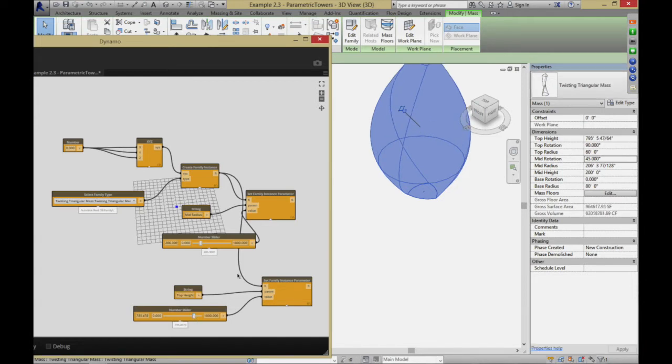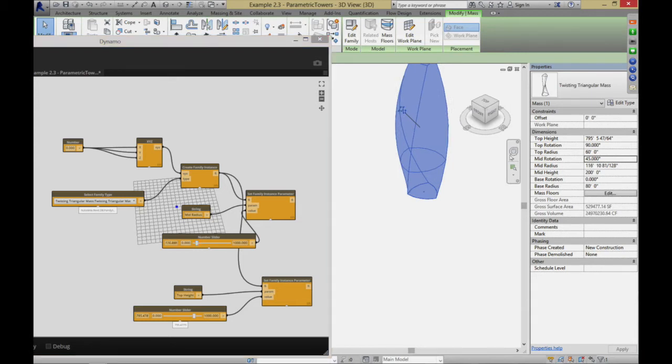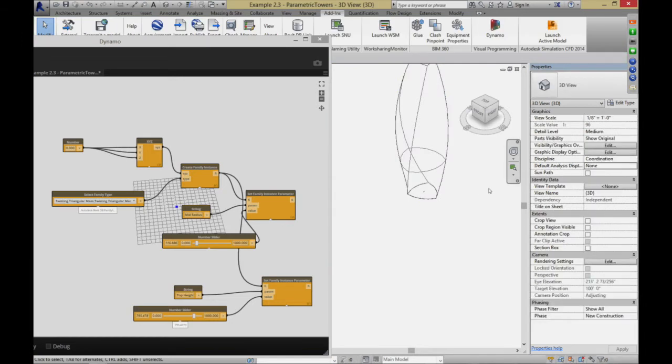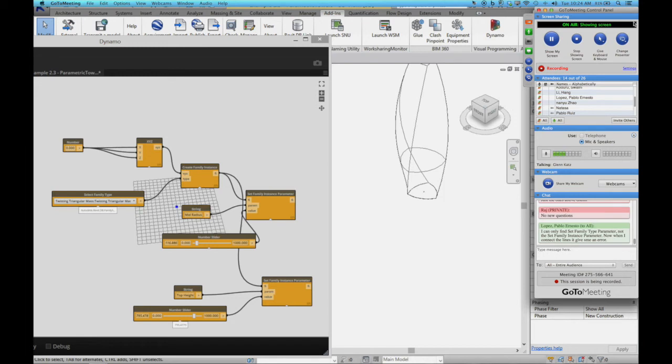So hopefully you're getting a sense that this ability to pull sliders around and do things like this could really make testing different forms, testing different geometries, relatively quick. And that's really the idea behind all this. It's really just by being able to programmatically generate all these different forms very, very quickly, ultimately then we get